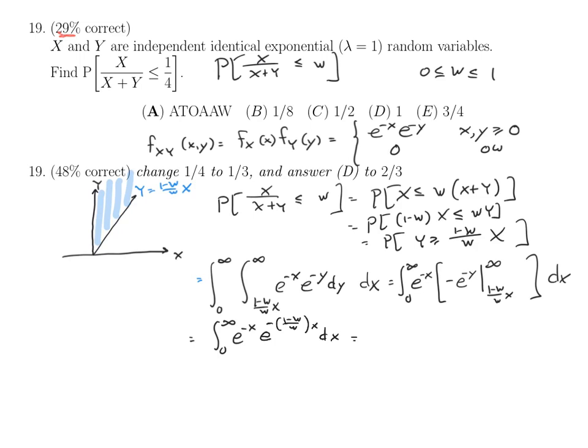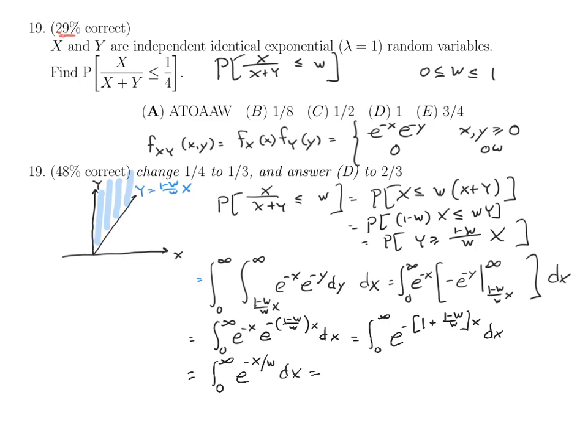Then I look at this thing and I have to combine the two exponents. So it's e to the minus, and it's 1 plus (1 minus w) over w, times x dx. And you might be like, oh, this is a real hairball. But in my case, I knew what the answer was going to be. So we do the next step. So this is 0 to infinity, and you get a w plus 1 minus w. The thing simplifies, e to the minus x over w